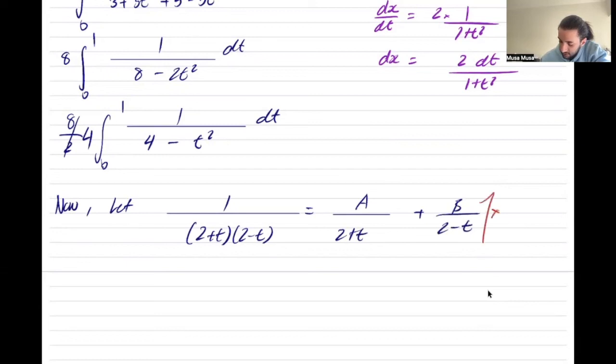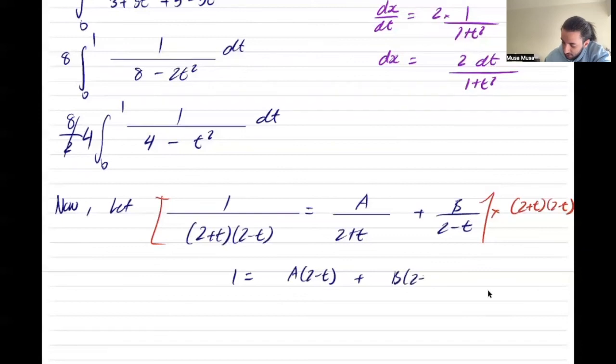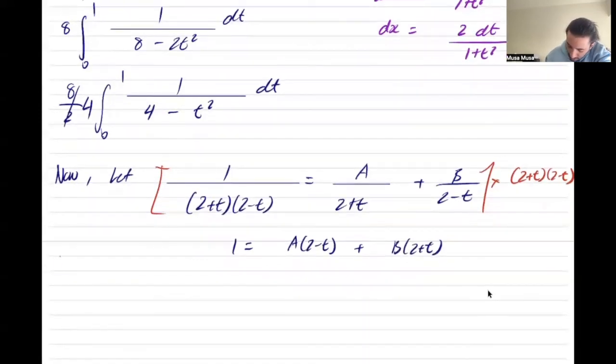By multiplying this entire thing by 2 plus t times 2 minus t, you get 1 equals a times 2 minus t plus b times 2 plus t. If you let t equal 2, 2 minus 2 is 0, this just goes, and then you get 1 equals 4b,